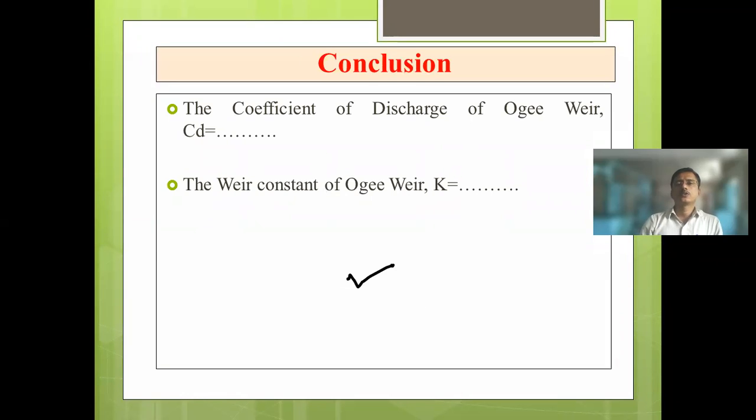Conclusion: the coefficient of discharge of the Ogee weir CD is equal to the weir constant of Ogee weir K is equal to